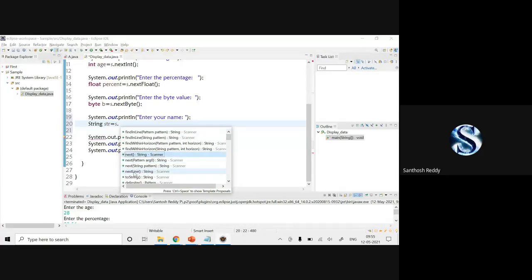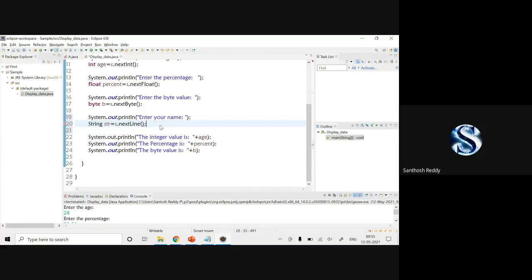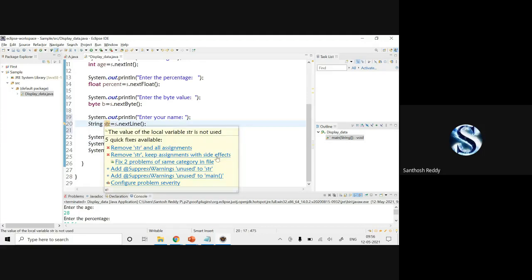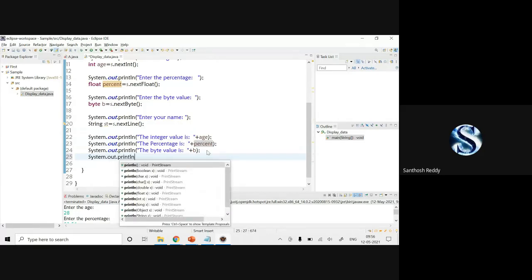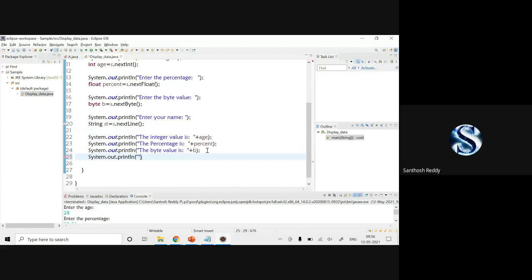I'll make use of nextLine and give a semicolon. I'll change it to st. Now I'll print System.out.println, the name is colon plus st, and close it. Now I'll save it and run.